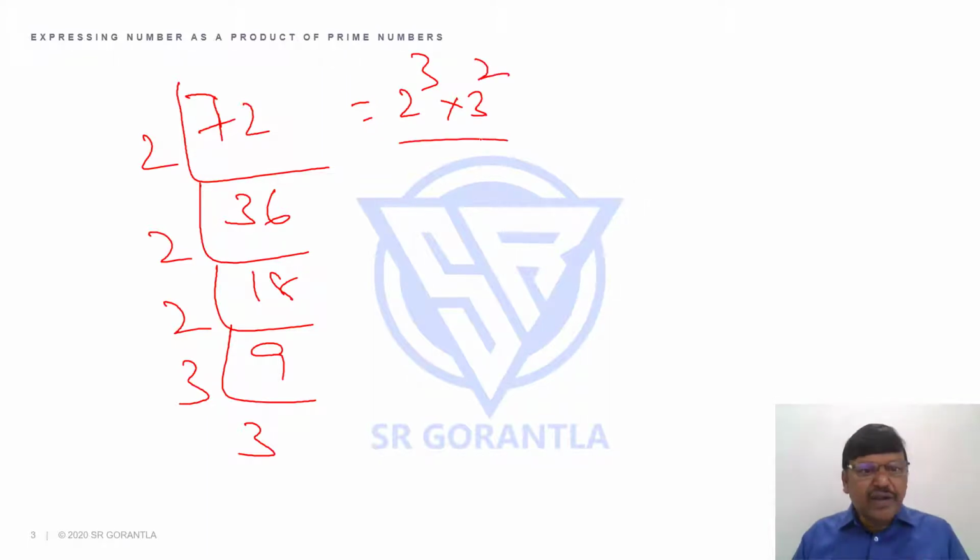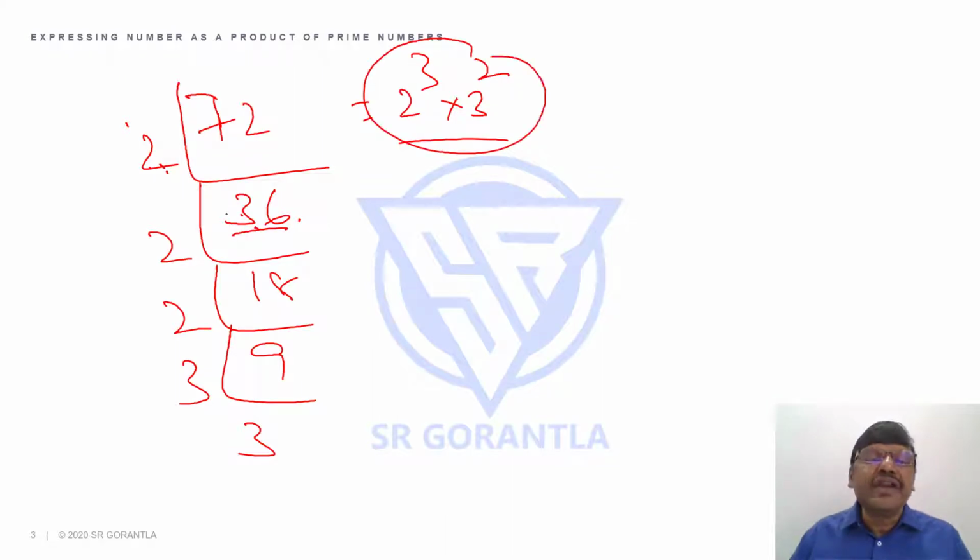Students, while you can do it this way, you should reduce the number of steps wherever possible. For example, the moment you see 36, you should say 6 square, which is 2 square into 3 square, into 2. So 2 cube into 3 square you could have written directly without writing till the last, right? So as you practice, you will reduce the number of steps.